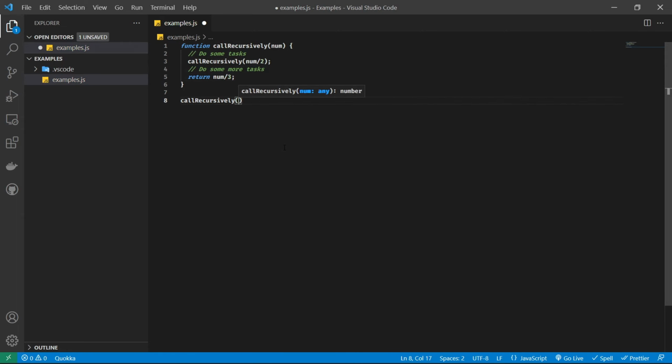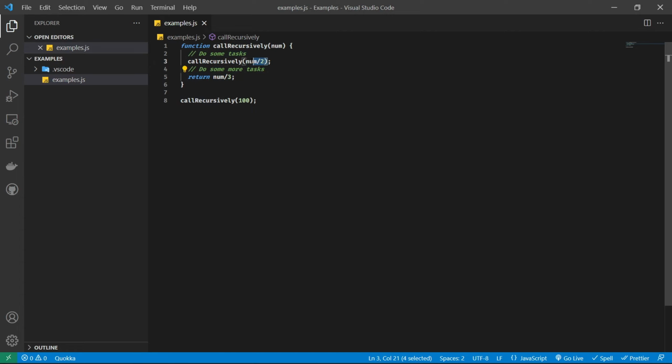Now coming down here, we'll make the initial call to the function which will start executing that function, and then it will keep on calling itself. So now let's understand why recursion is a method of solving a problem where the solution depends on smaller instances of the same problem. Well, let's say that this initial call to the callRecursively function is supposed to solve a complete problem. So the way to do it is that it will first do some tasks, then it will call itself again, which is supposed to solve the smaller problem, and do some more tasks and return.